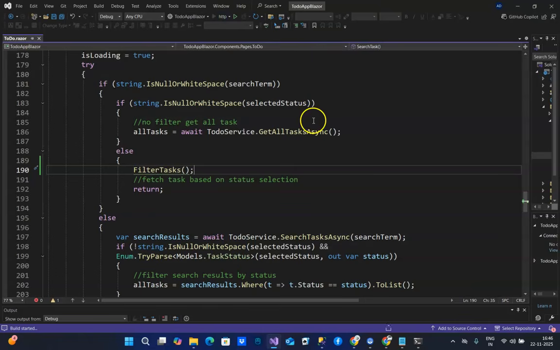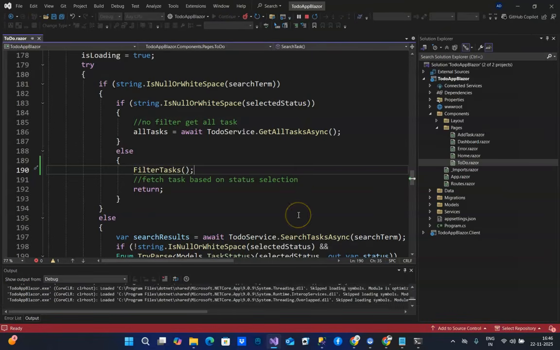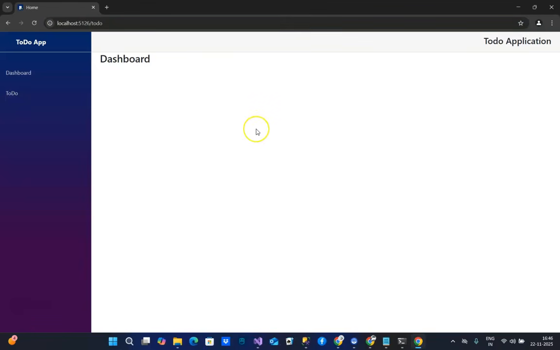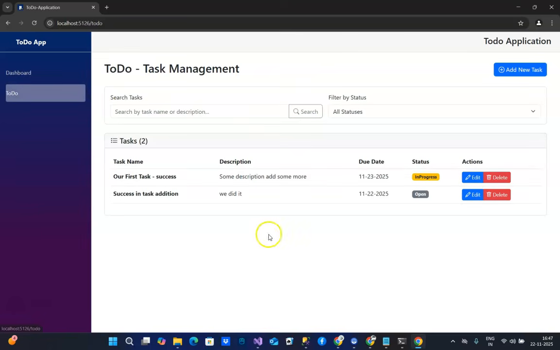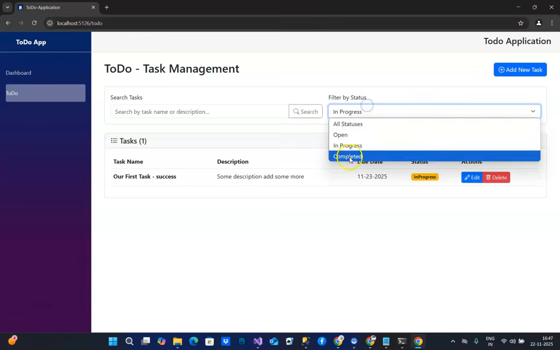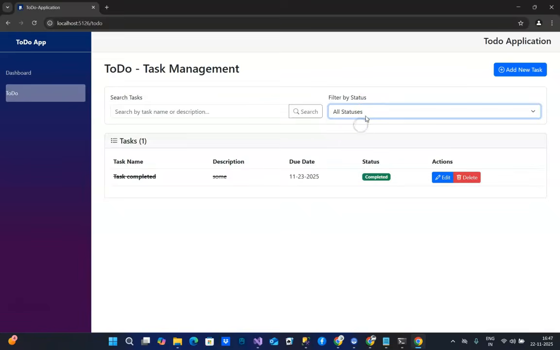So now this should work now. Load it, we click on to do, and here you can see in progress open is shown. Now we have open, in progress, completed, and if I say all,